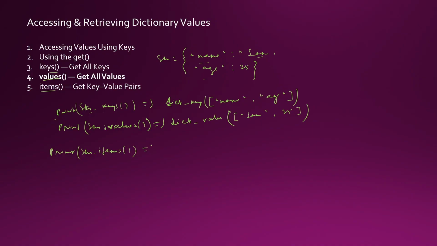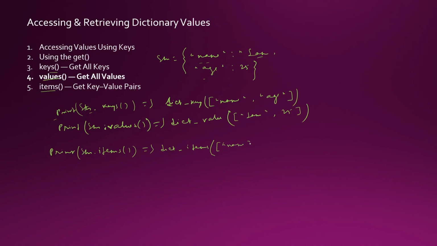Okay, now it will give me the output as dict_items. In list form, but with all the key-value pairs in tuples. Like this: